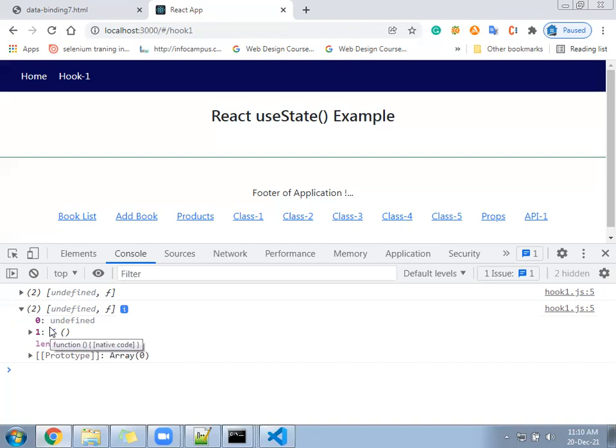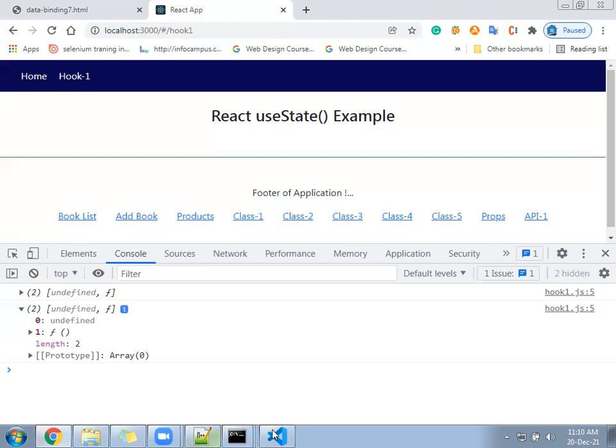You can create your own variable and your own function, but use state is going to return you 2 things every time. The first is a variable, your own variable, and the second is a function, your own function. How many parameters? Only 2.